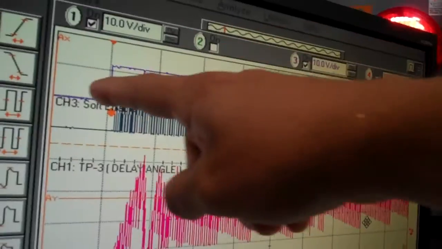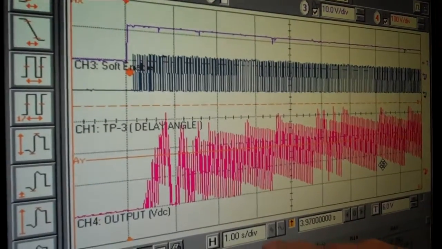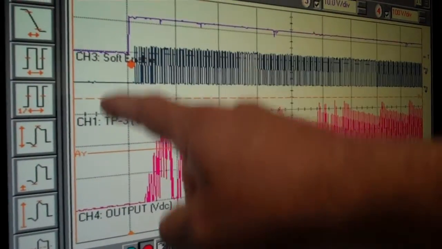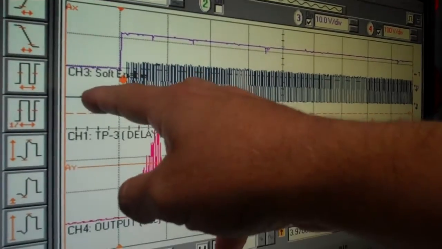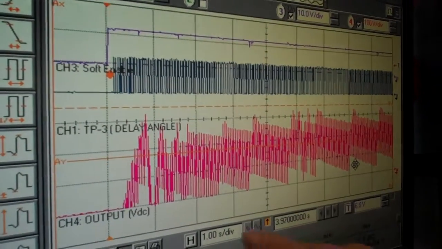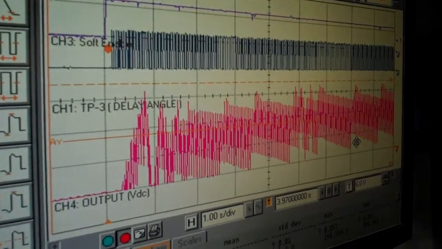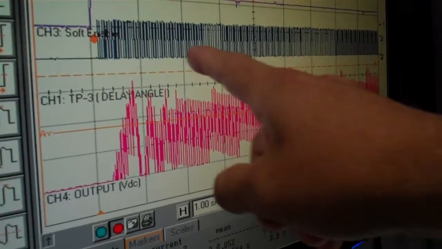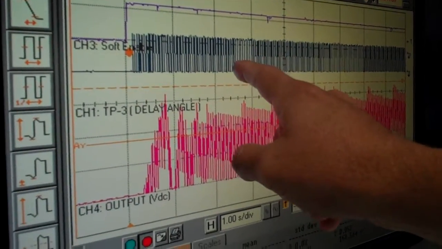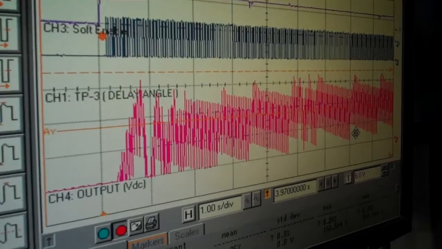Now we're going to do this again. This is the time that we soft enable. This is 1 second per division. We're looking at the soft enable. Although this doesn't represent much at 1 second per division, this is the delay angle at TP3, but we see certain changes in duty cycle. And yes, we see what